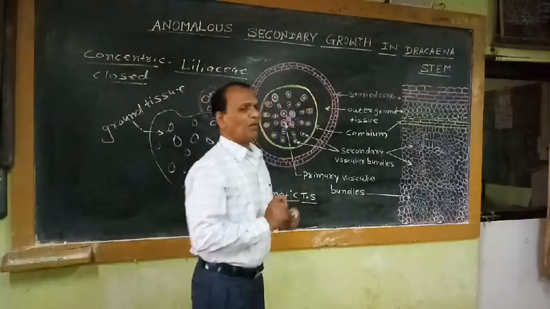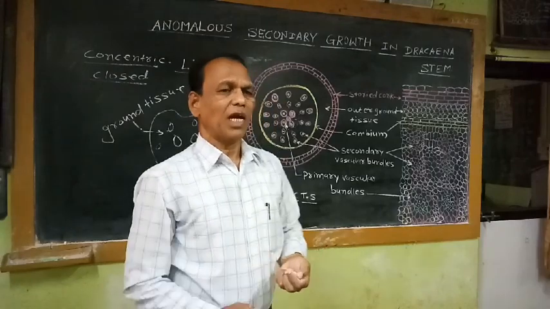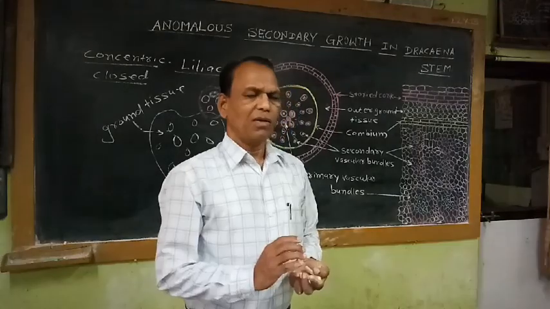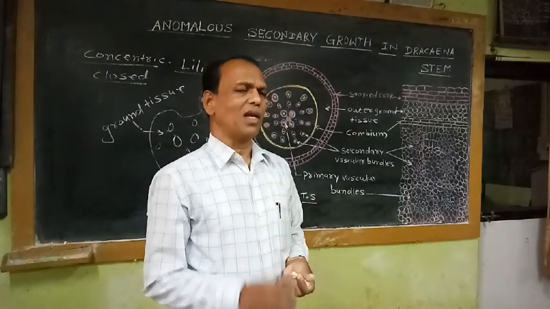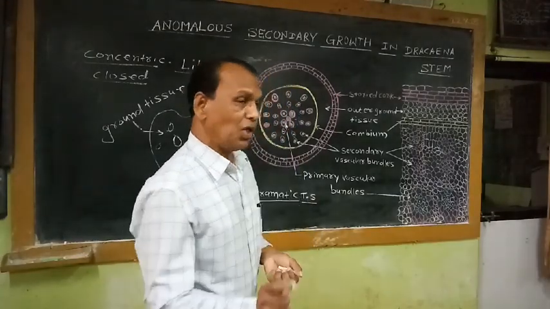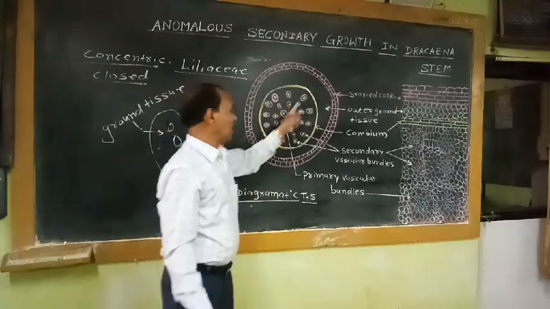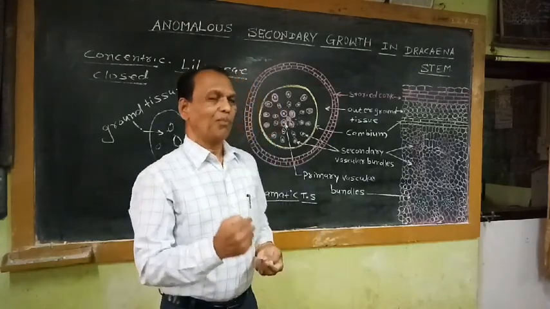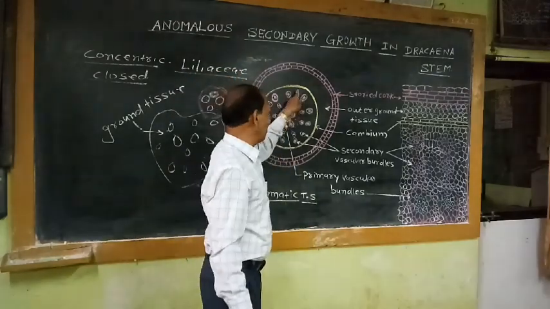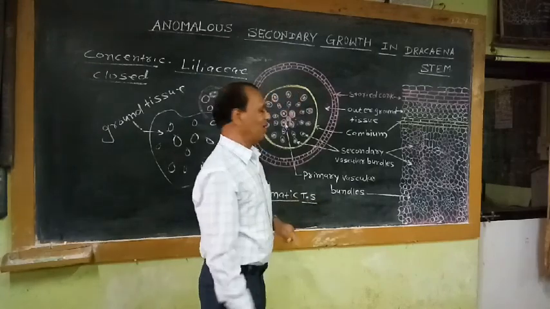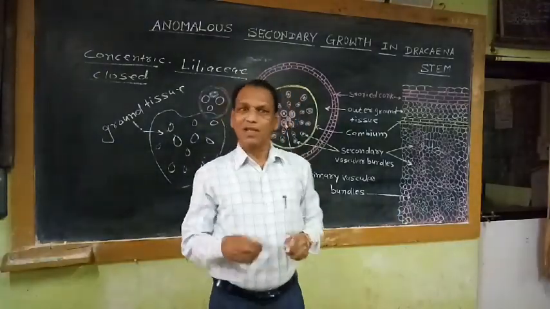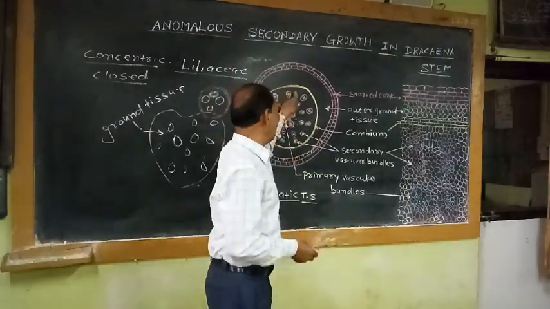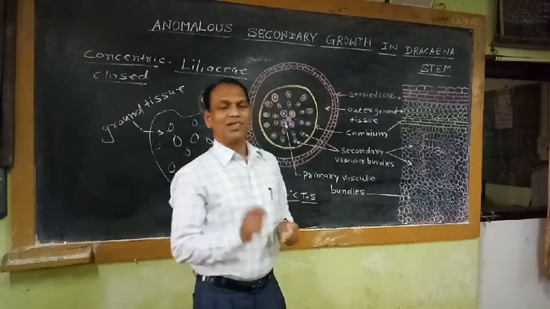So when this cambium develops, what is the activity of cambium? The cells of the cambium redivide constantly and add the new cells. So during normal secondary growth, how does this cambium behave? During normal secondary growth, the cambium cells produce the secondary xylem cells at its inner side, and secondary phloem cells at its outer side. That means cambium produces two types of cells: secondary xylem cells at the inner side and secondary phloem cells at its outer side.